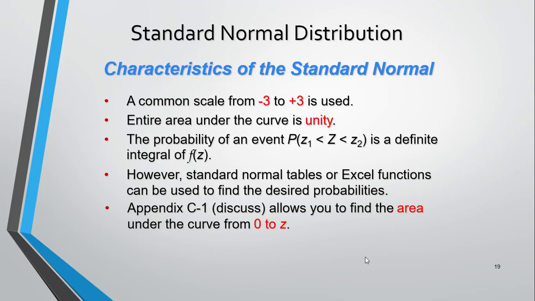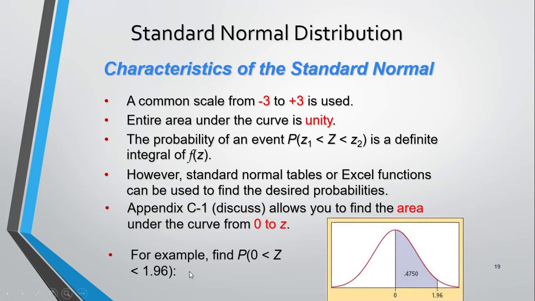Now it's a good time to pause and go to your textbook, Appendix C1, to familiarize yourself with it. For example, in C1 you see this chart, you see the table. Now, what is the probability of Z between 0 and 1.96? From 0 here to 1.96. We know the whole area under the curve is 1. If you go to Appendix C1, you find that this shaded area under the curve is